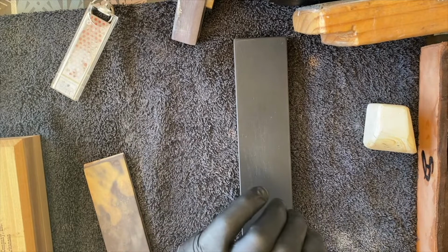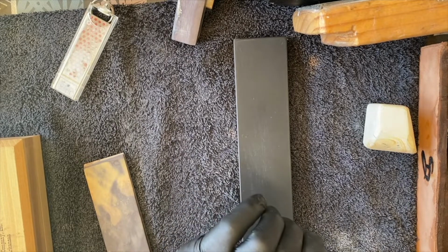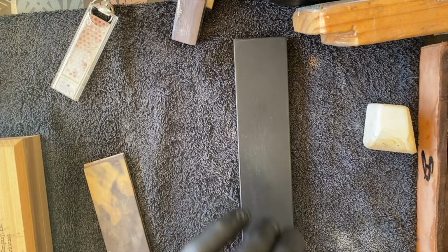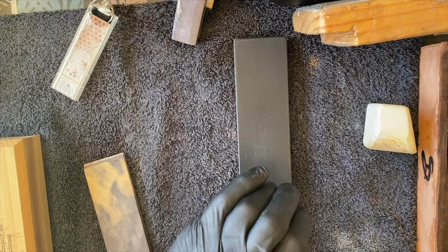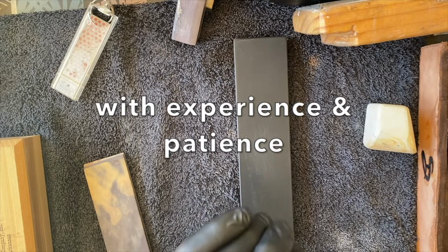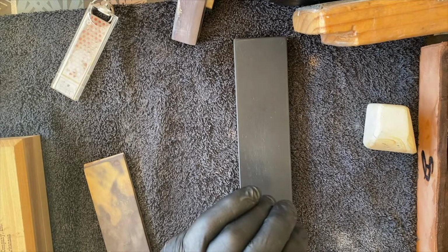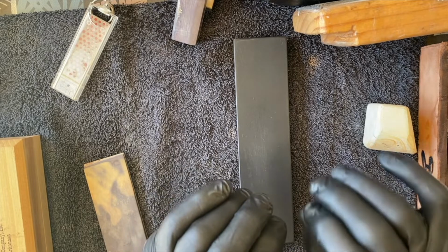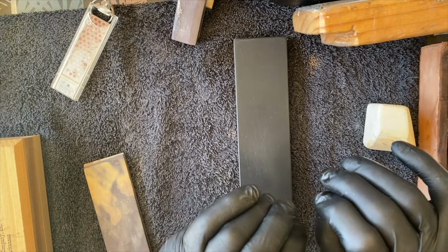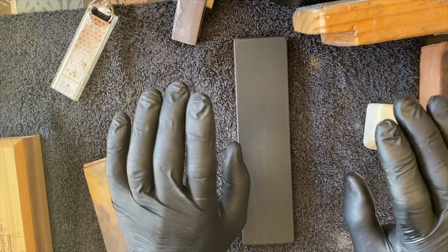So Jock and all these other stones, yes, it's because I play around and experiment to see what is better. And I've really come to a conclusion that you can put a great shaving edge on fundamentally any half good quality stone, especially the natural stones. And when I say good quality,